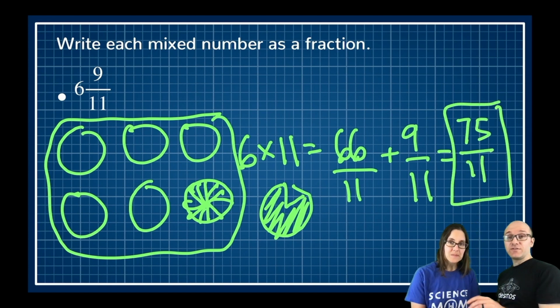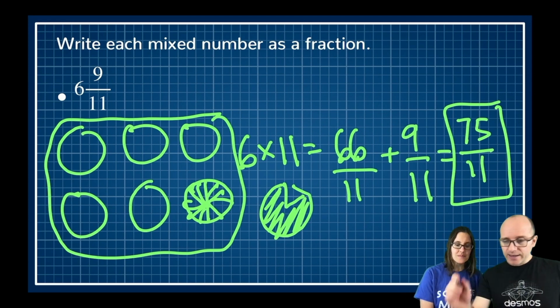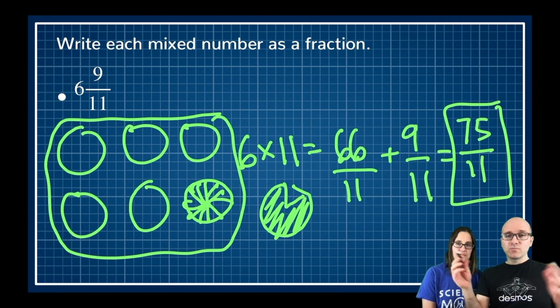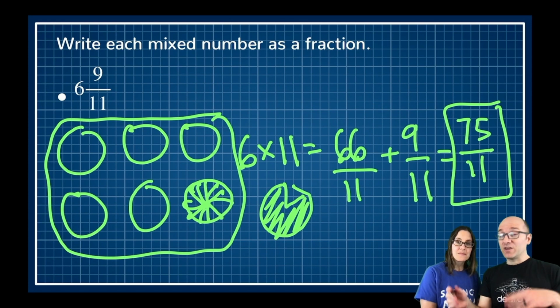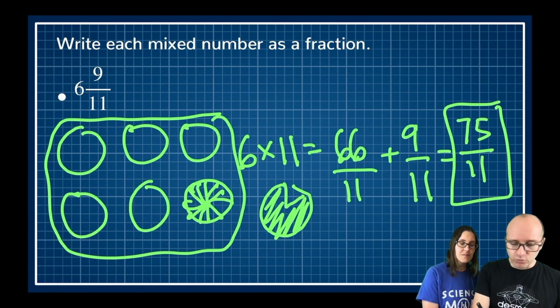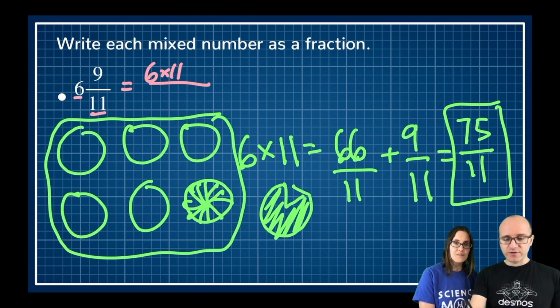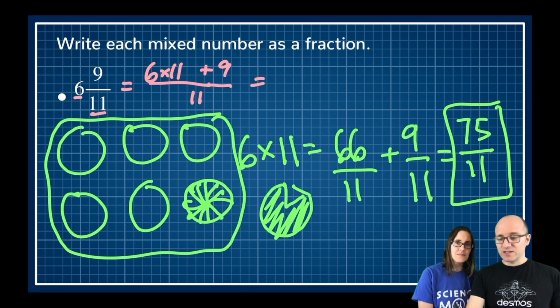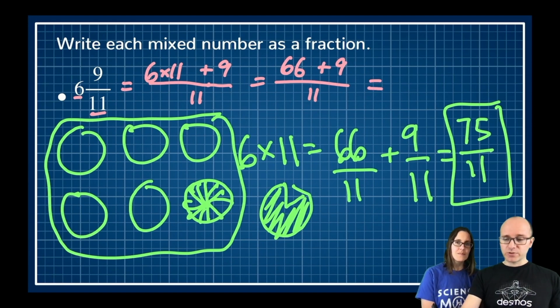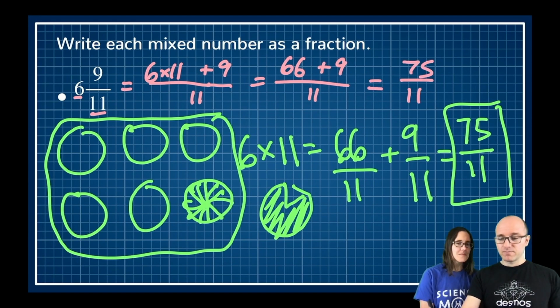That's right, 75 11ths. And I will point out, whether we do the picture or not, we can just follow the rule. So the rule I gave us was we multiply the whole number part by the denominator. So that was 6 times 11 plus the numerator, and then we just keep the denominator as it was. So 6 times 11 is 66 plus 9 all over 11, and then 66 plus 9 we can replace with 75. Very nice.